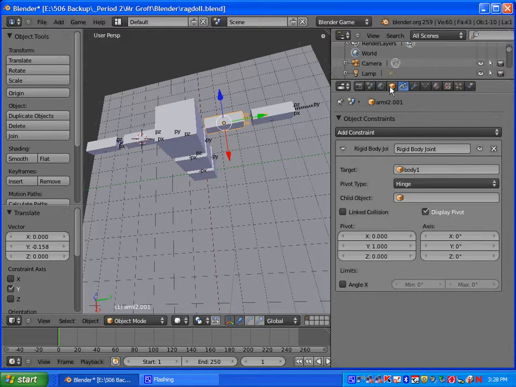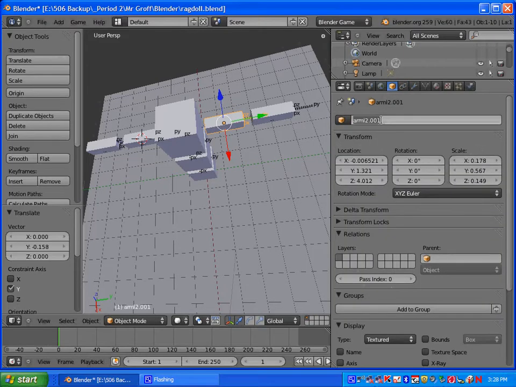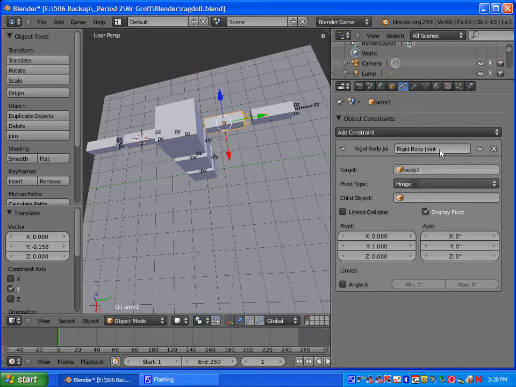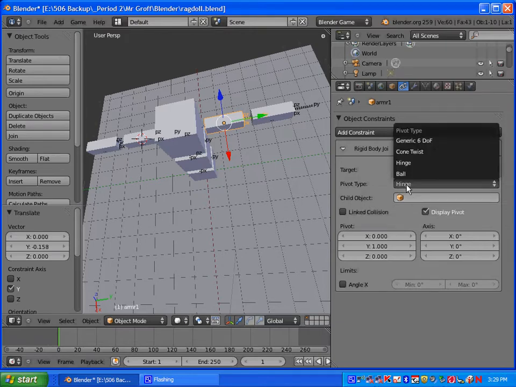So we're going to go to object here, and we're going to change the name to arm R1 and hit enter, no spaces, and we will go to physics, and all the physics are fine, so actually we don't need to change anything here. We just need to go to object constraints and change these. The target is still going to be body 1. The pivot type will be on ball,